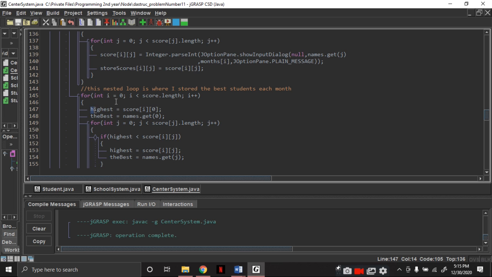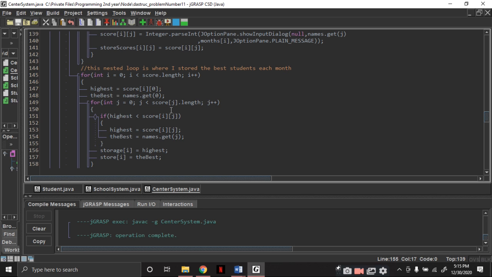Then after this, the highest, which is empty, I initialized to the score. The score is i and row 0, column 0. As well as the best, which I initialized to the names get 0, so the first name.